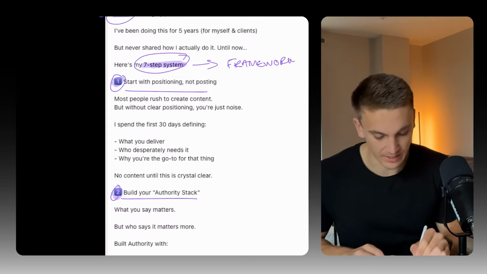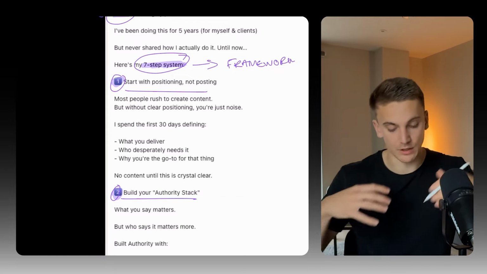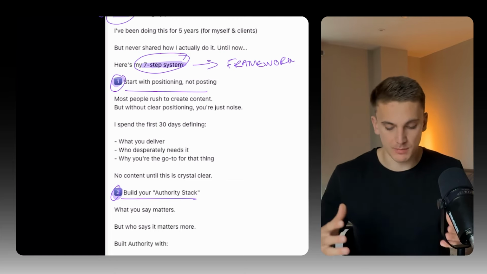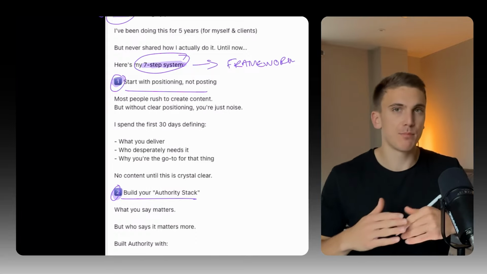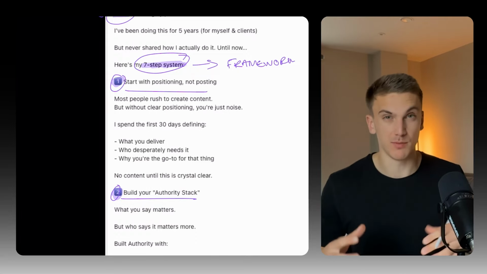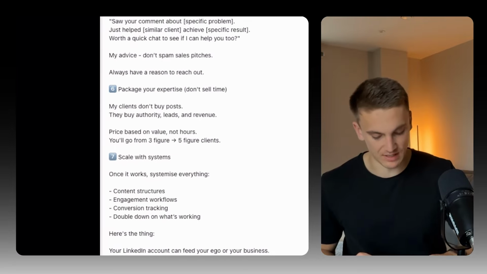Even you can see with the headings here, it's very clearly signposted as people go through. They know what they're getting. They know where they are in the post. So it's not just about putting in emojis and expecting to instantly get better results. It's signposting the value you're sharing throughout the post so that people always know where they're at. And you can see this follows throughout the whole 7 steps, all the way down.